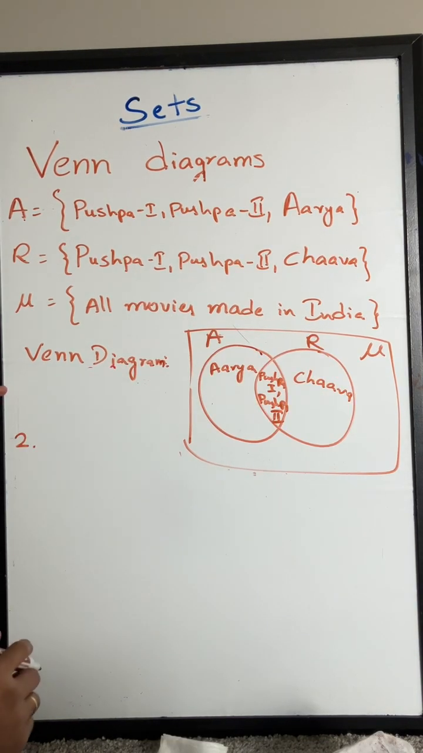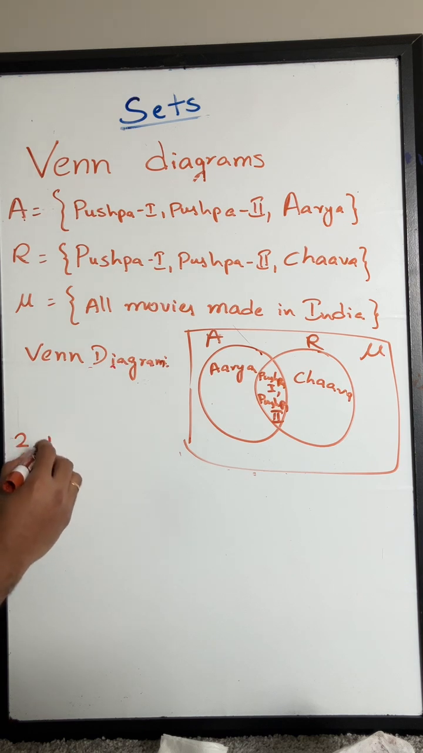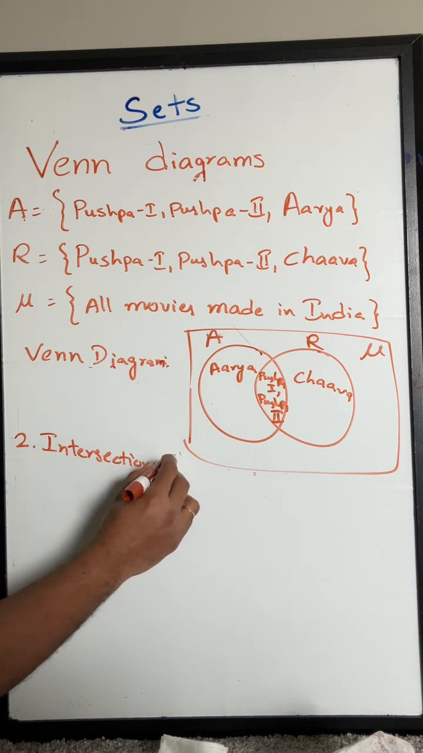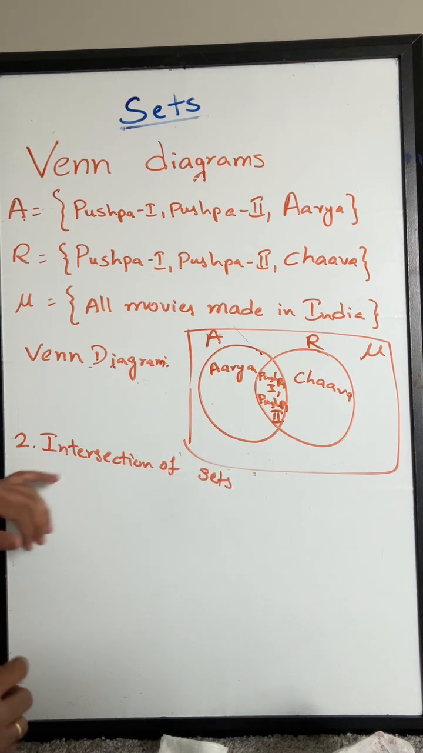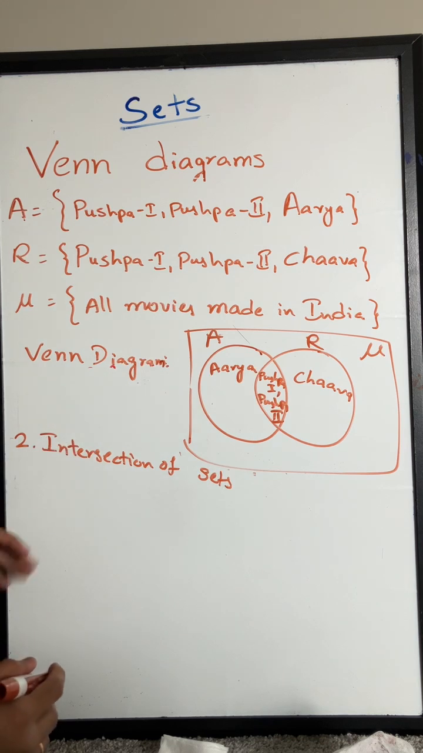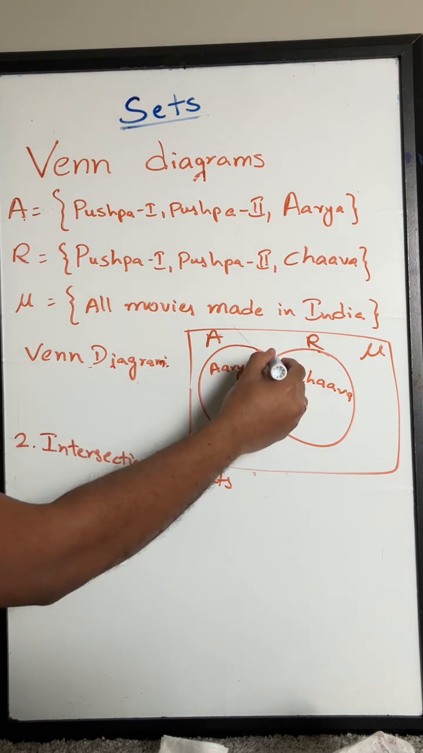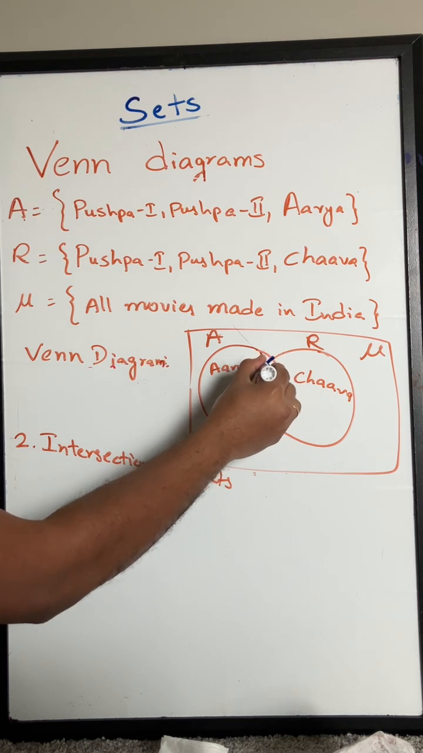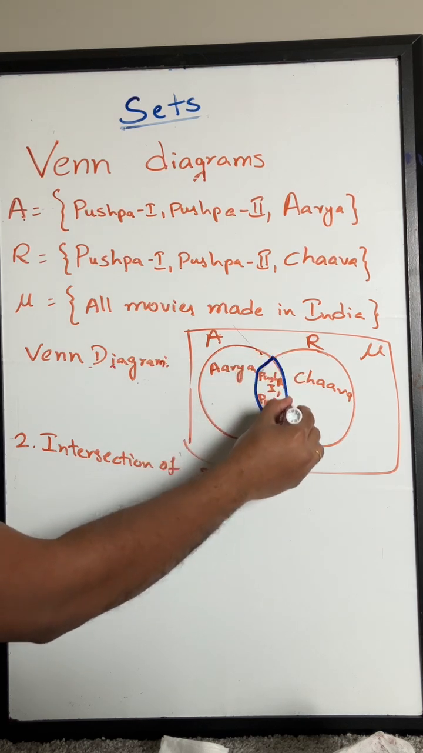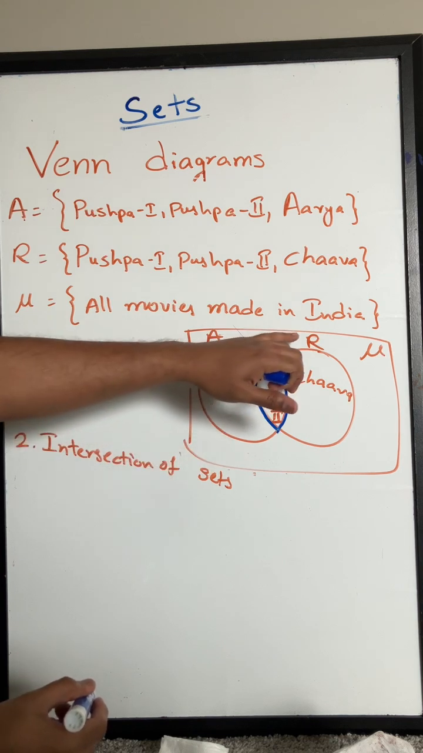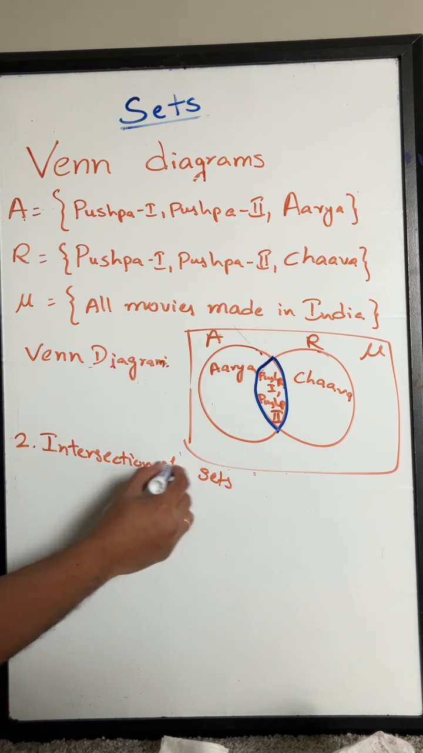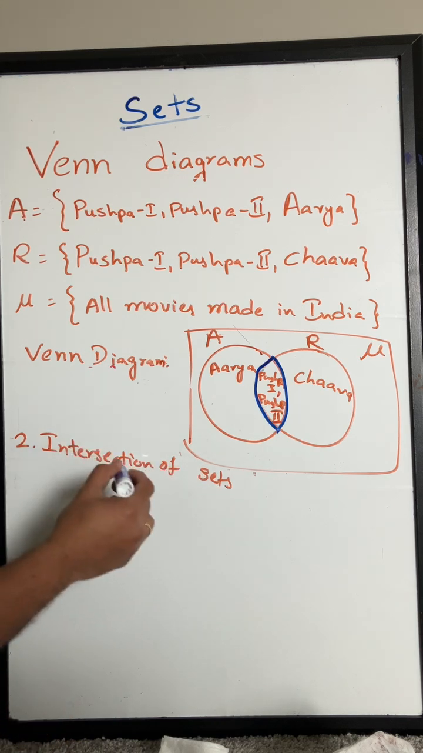Now we are going to learn a second concept called intersection of sets. Intersection of sets is the common area for both. This is the common part of both the circles, the common part of circle A and circle R. So this is the common part of two sets A and R. Rather than writing A intersection R in words,